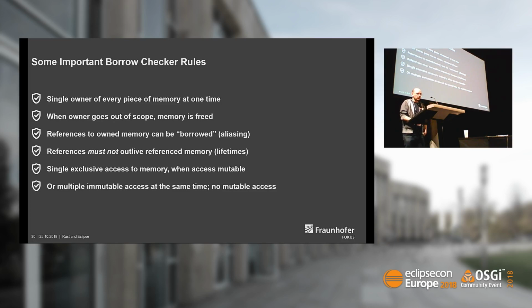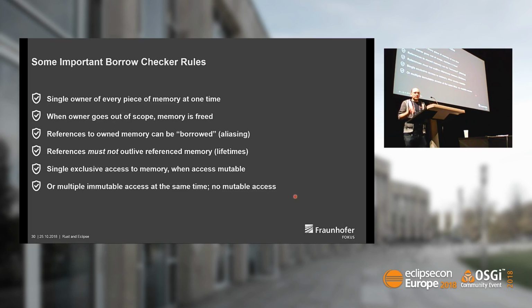These are very strong rules, and therefore there are some types in the standard library that let you do these checks at runtime, not at compile time, so you have a little bit of freedom there, but when you see these types, you know that there's runtime cost associated with them. For example, reference counting is basically shared ownership. Okay, and if these last two rules somehow feel familiar to you,